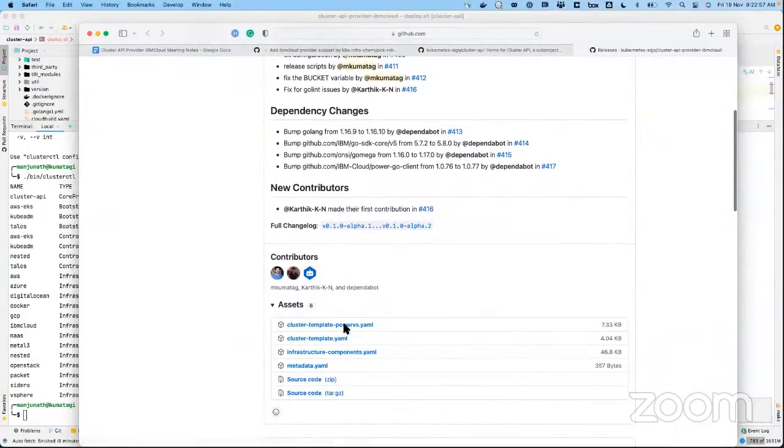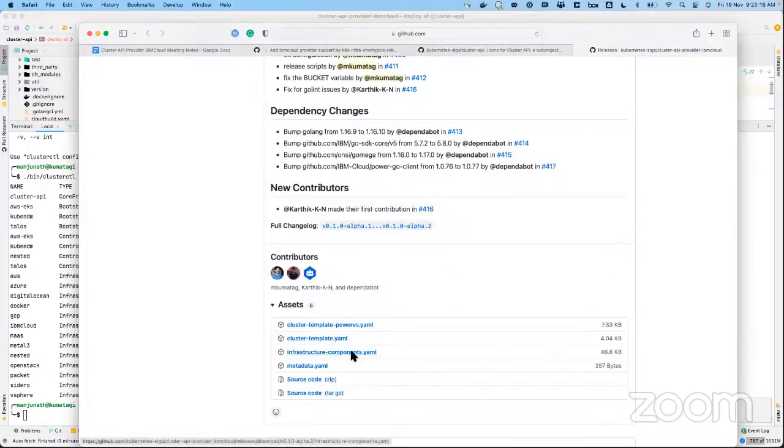Under assets, you can see there are multiple files. We'll go through some of these files later. This is the infrastructure component file, which is important for deploying your management clusters for IBM Cloud, or the controllers for the IBM Cloud API.